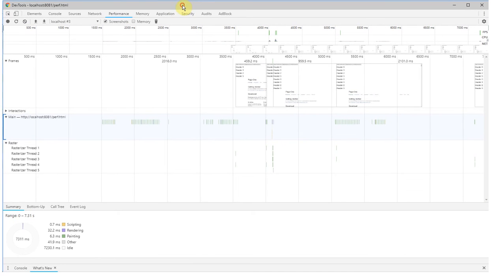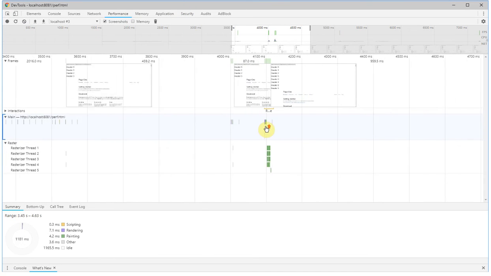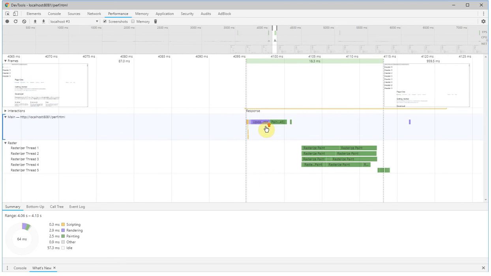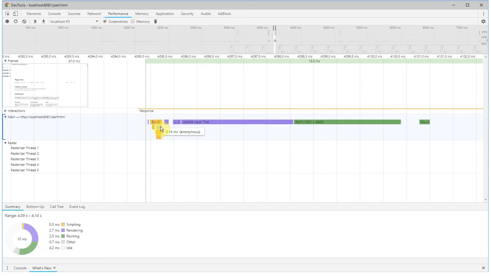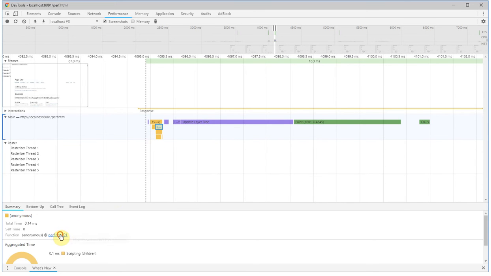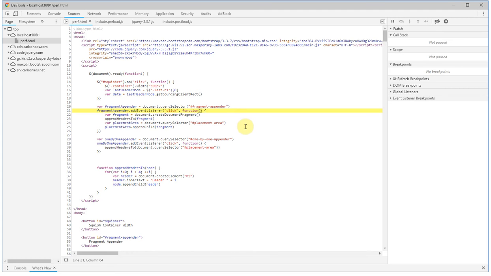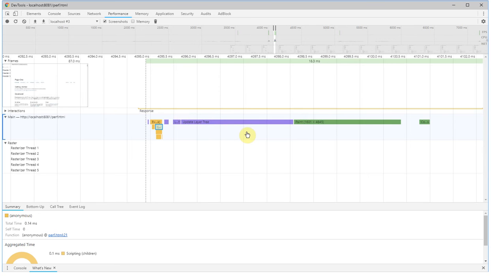Okay, let's see here. This looks like the area. Indeed it is. Fragment append function. And voila, 2 milliseconds, it's the same thing. Okay, so you don't have to mindlessly follow that rule,